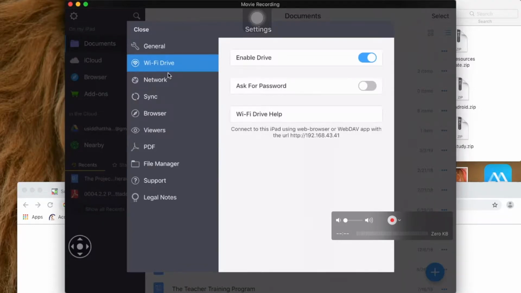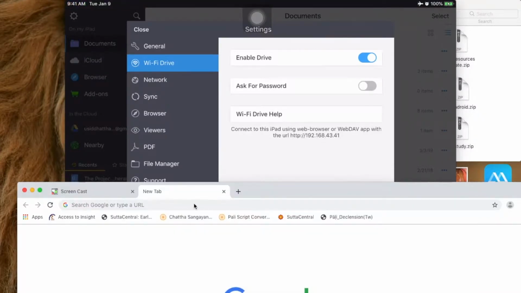So that's the web server that you have to create. So here you have to enable this drive, and then it will give you this URL that you can connect to. So you just type this in a browser,